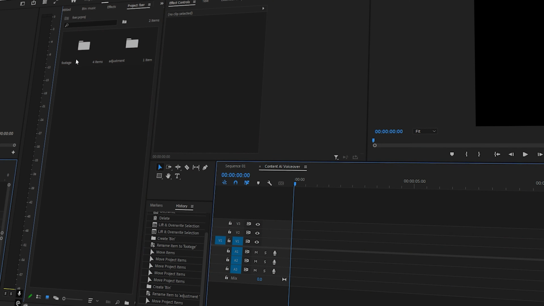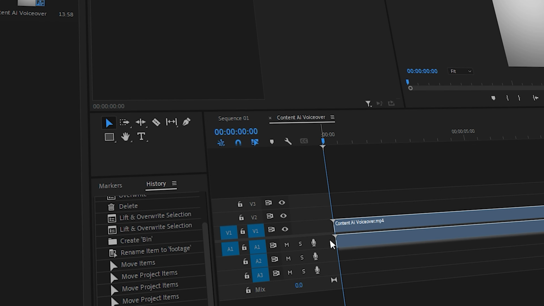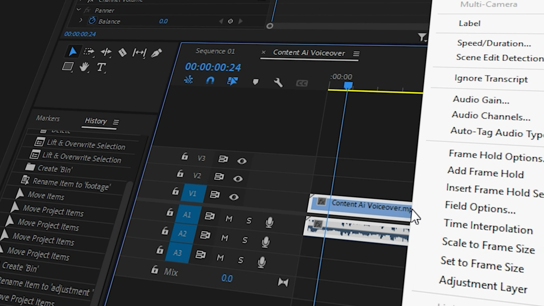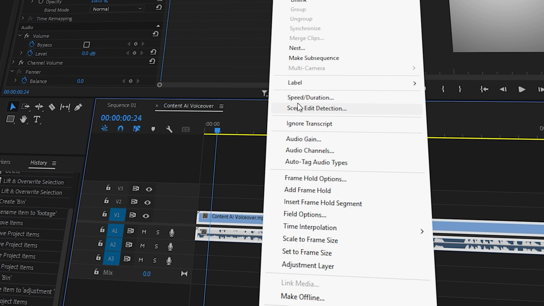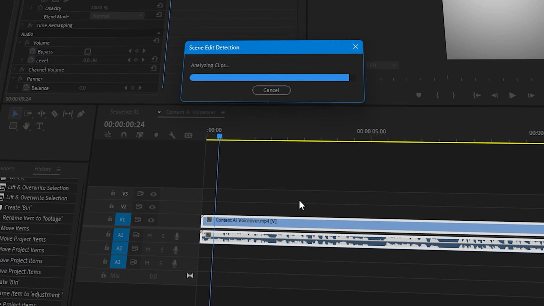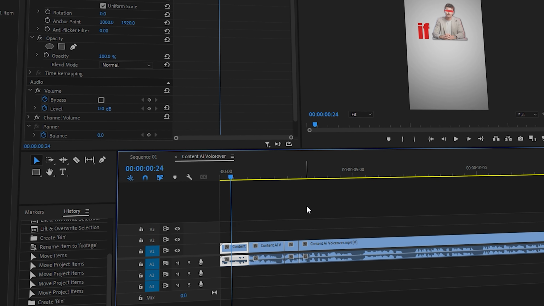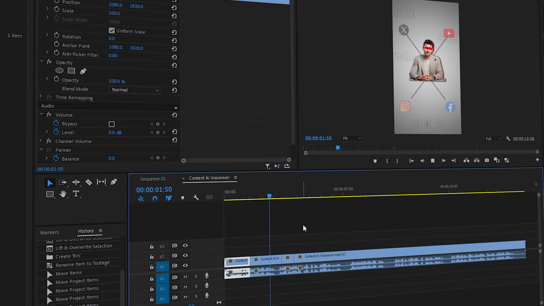Well, instead of cutting clips manually, we are going to use a tool named Auto Scene Cut Detection. You can use this tool in Premiere Pro and DaVinci also. And it is very easy to use because you just need to bring your clip into the timeline and select the clip. And then you need to right click on it and you will see a tool, Scene Cut Detection. And now it will automatically cut the parts where you have changed the camera position or the camera angles.